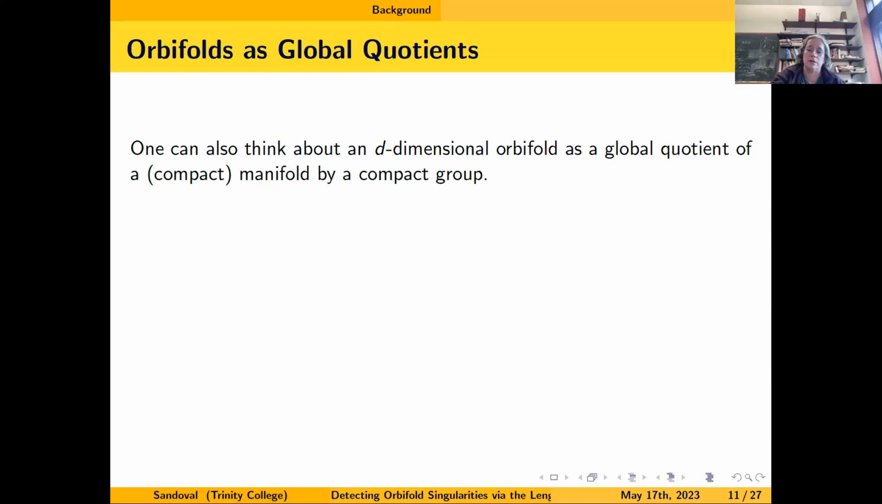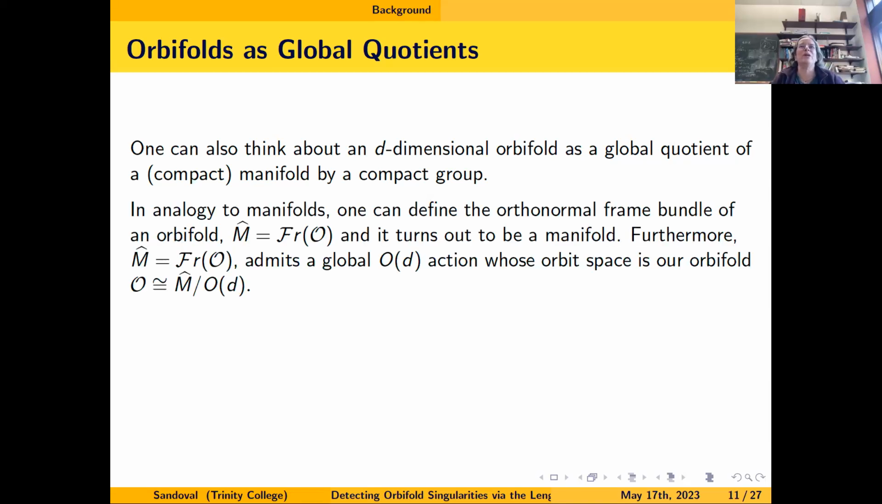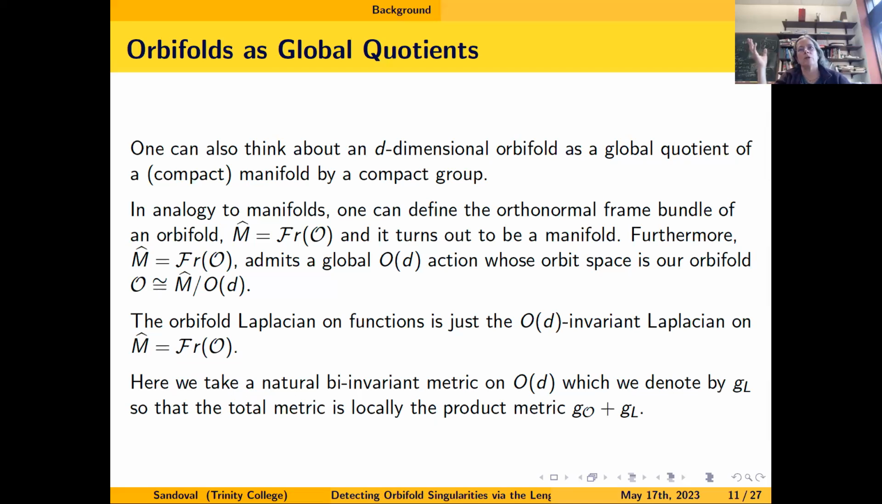So in this case, old trick, we can look at the orthonormal frame bundle for an orbifold, and I'm going to call that M hat. And that's a manifold, and it's a compact manifold. It admits a global O(d) action whose orbit space is our orbifold. So the orbifold is the quotient by this orthogonal group of dimension d action. And you can think about the orbifold Laplacian on functions,